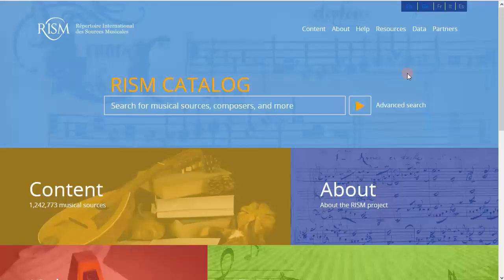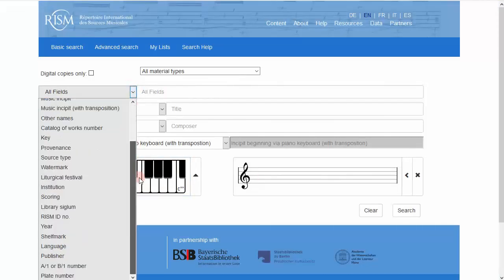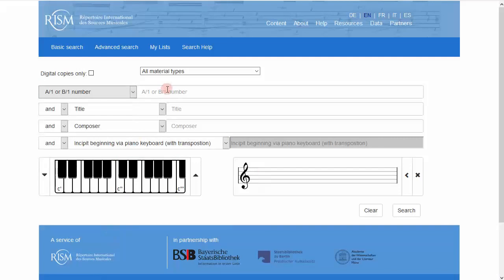You can also find the edition by using the OPAC, which has a special field for A1 or B1 number in the advanced search. You don't need quotation marks here, but you do need your space or pipe symbol, or other symbols will work as well, such as a slash.